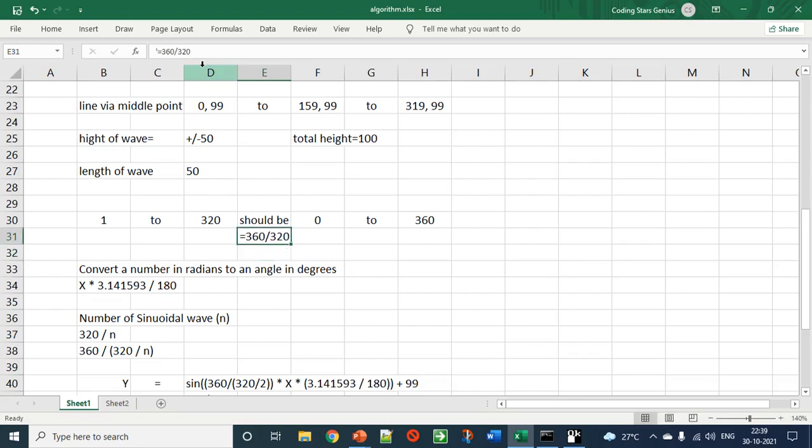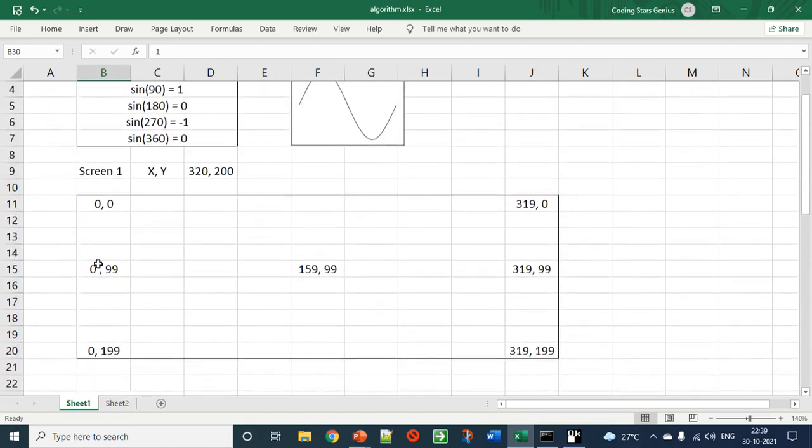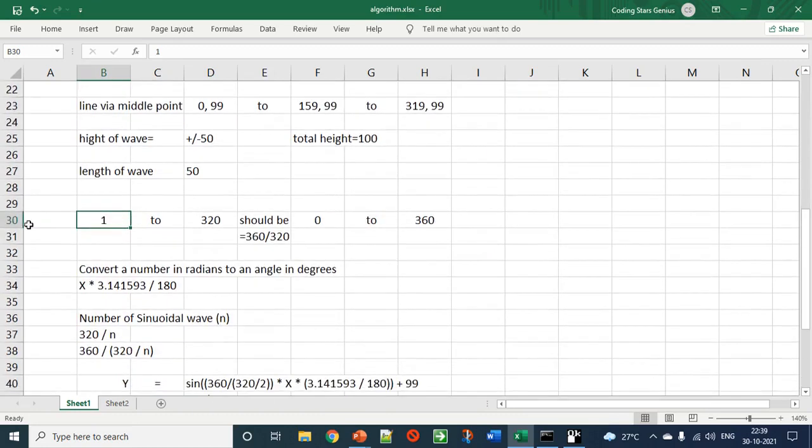What I'm trying to do is my x-axis is actually running from 1 to 320. If you see, it is 0 to 319, that is 1 to 320. I'm trying to convert this into degrees. So 1 to 320 has to be represented as 0 to 360.